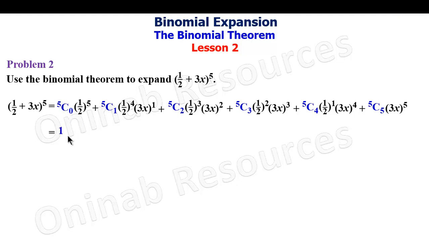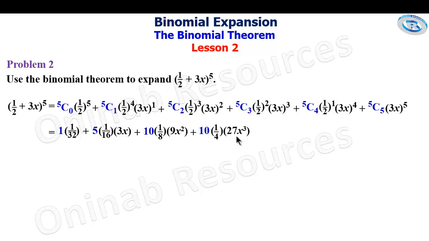5 combination 0 gives 1, and 1 over 2 raised to power 5 will give us 1 over 32, plus 5 combination 1 gives 5, 1 over 2 raised to power 4 gives 1 over 16, then times 3x, then plus 5 combination 2 gives 10, 1 over 2 raised to power 3 gives 1 over 8, then 3x all squared will give us 9x squared, plus 5 combination 3 gives 10, 1 over 2 squared gives 1 over 4, 3x raised to power 3, 3 cubed gives 27, so we have 27x raised to power 3, plus 5 combination 4 gives 5, then 1 over 2, this is 81x raised to power 4,